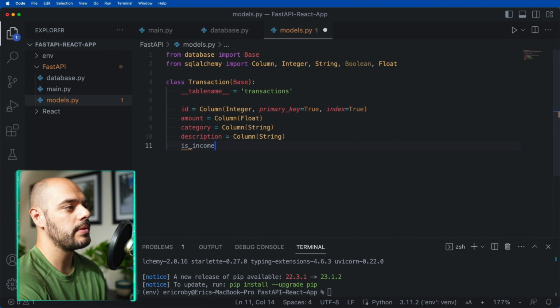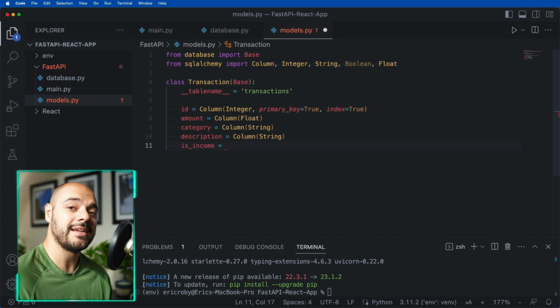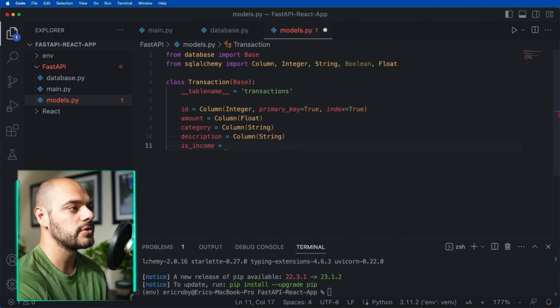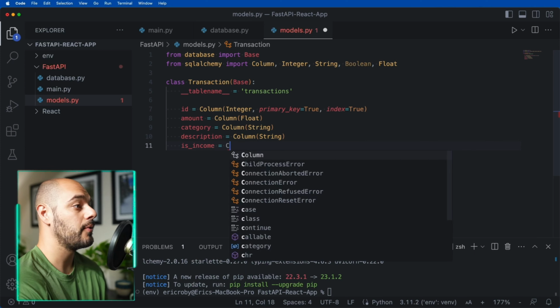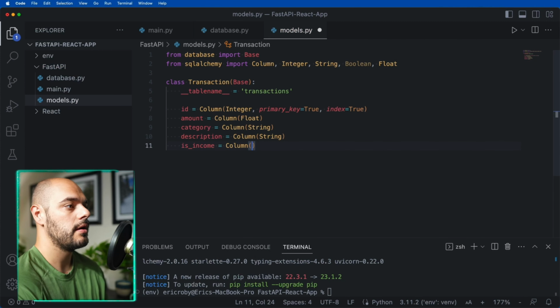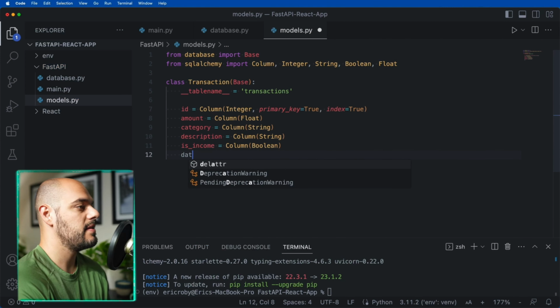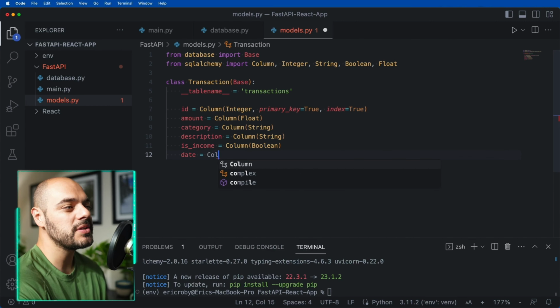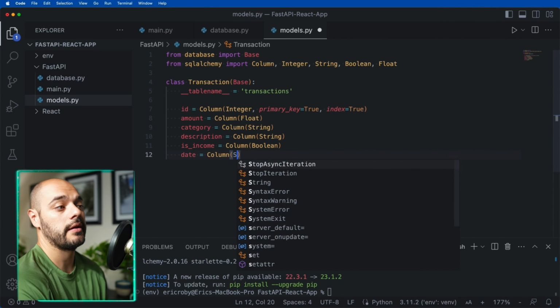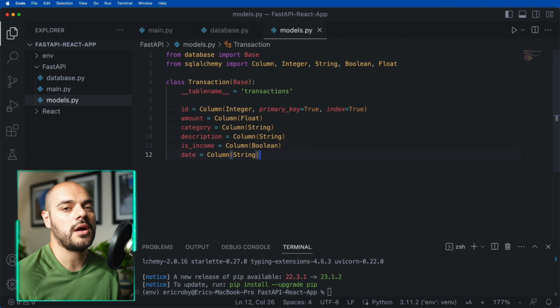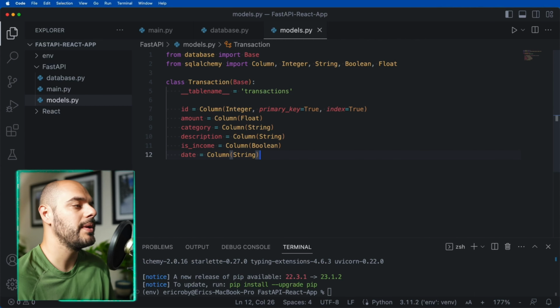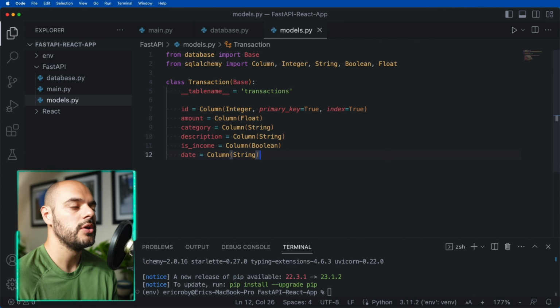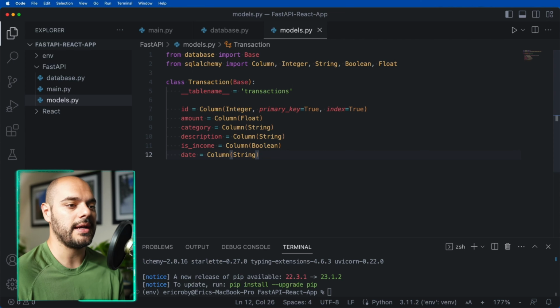Is income, so we'll be able to say, is this income coming in? Is this a true or false? So we can say Boolean, column of Boolean. And then lastly, we're going to say date, but we're just going to have the date as a type of string. So we can say date equals column of string, so we don't have to deal with any kind of date